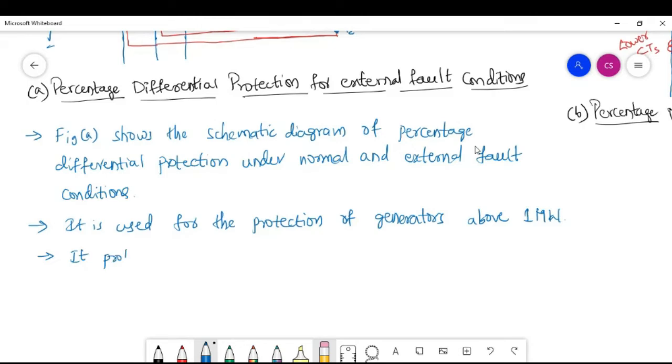It protects the stator windings of the generator